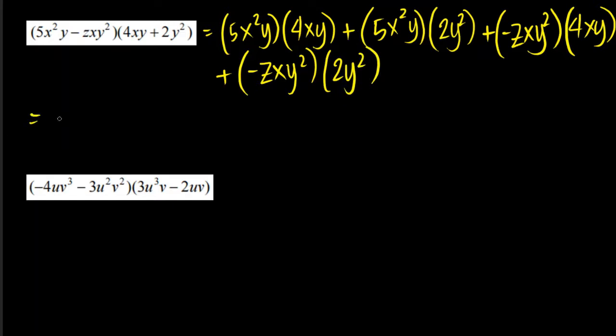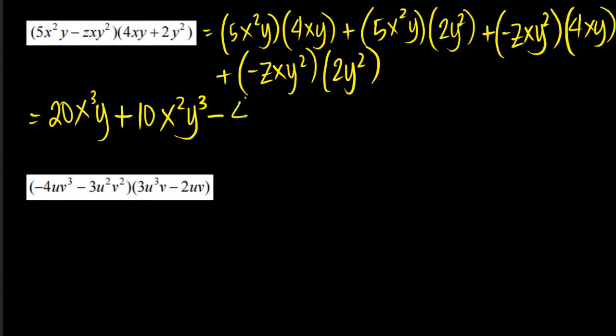Okay. So, simplifying this, we have 5 and 4, 20, x with a squared and another one, so cubed, x cubed, and y. So, 20x cubed y. Plus, 5 times 2 is 10, x squared, y, we have 2 and 1, so 3. Okay. Next, we have negative, and we have 4, which will make this minus 4x squared, because we have 2 x, y cubed. And lastly, we have negative again, and positive 2, minus, our sign, 2x, y to the 4th